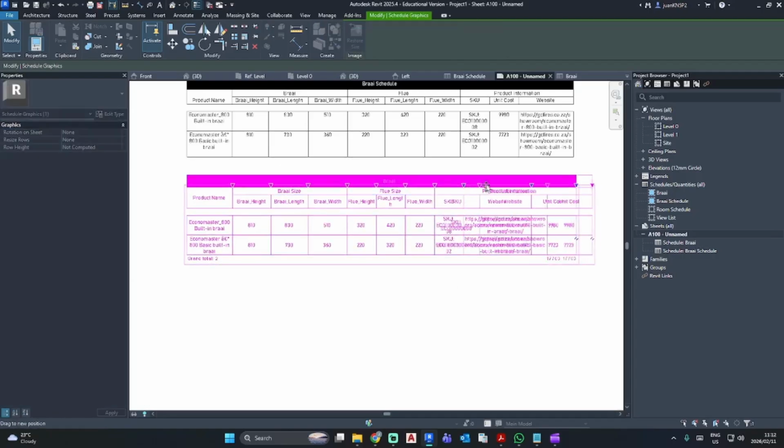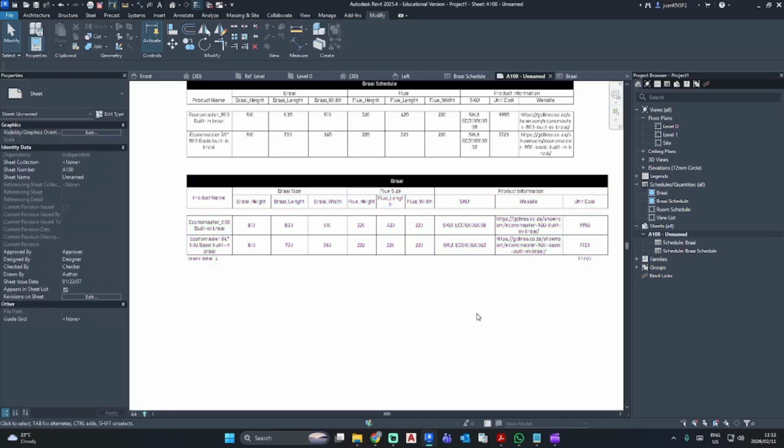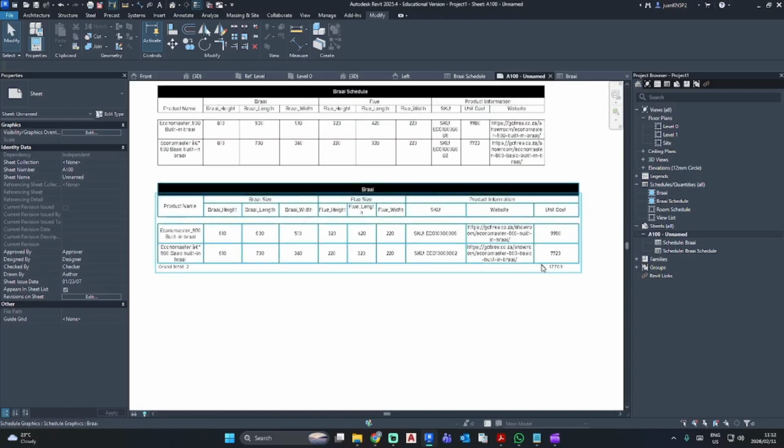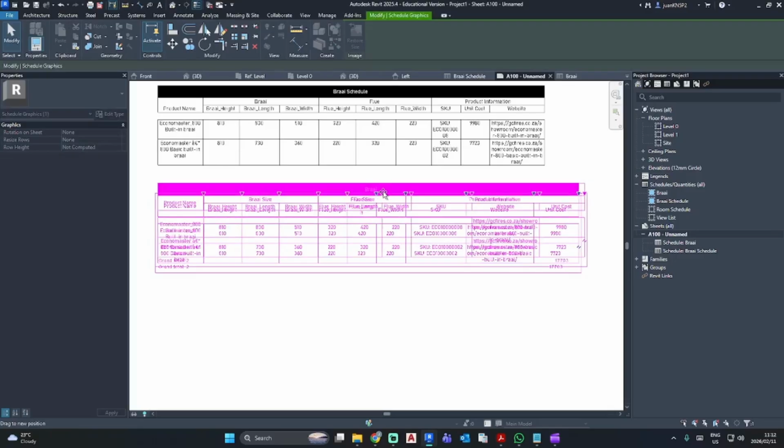So I'm just going to drag this a bit so we have it like that, and there we have our Braai schedule for our contractor to accurately assess, okay, we need to get Economaster Z and Economaster 800 basic. These are the sizes we need to do for Braai A and B, and then unit cost is going to be that and that.